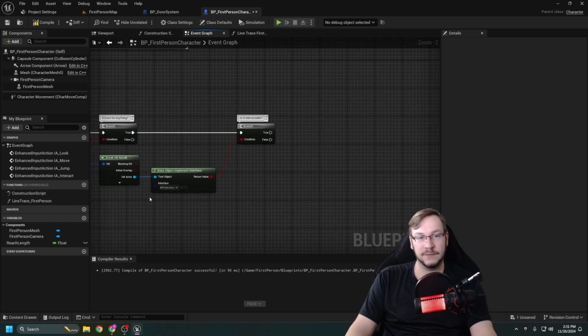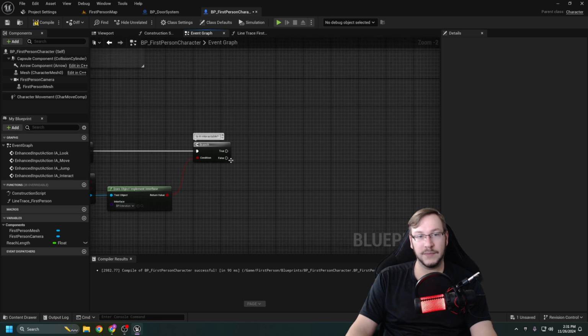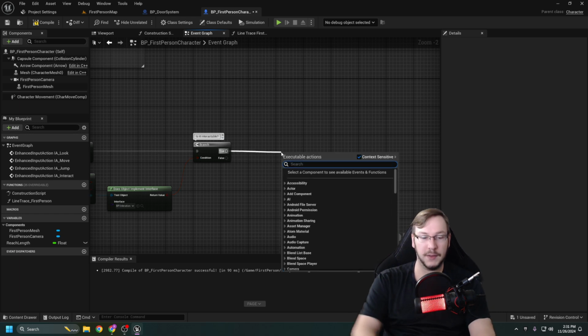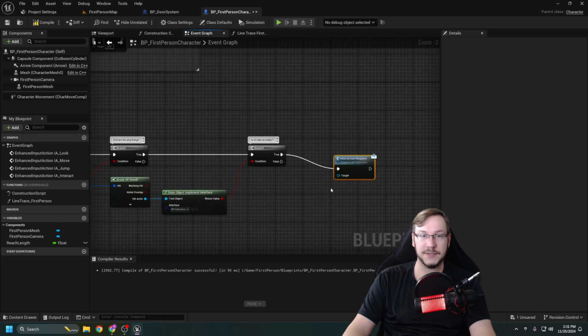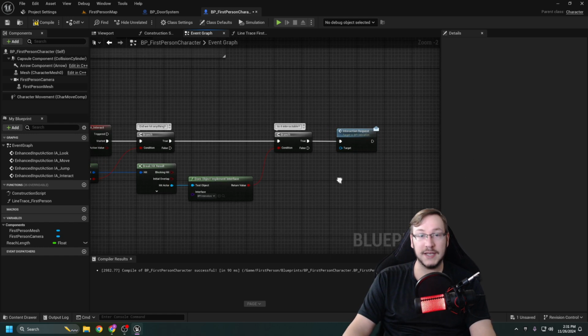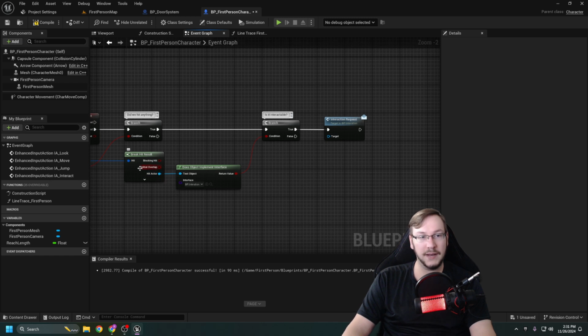Shoot the line out. We hit an actor. Is it interactable? If it is, we can send it a message. Remember what interfaces are? The envelope, you send a message. So we're going to pull out and I'm just going to type in interact. And you'll see that our BPI interaction, interact request message, pops up. However, it needs a target, but remember, we have the hit actor here. So we can take this, plug it into the interaction request, and we get this ugly line that goes through